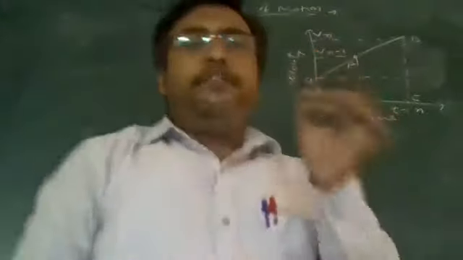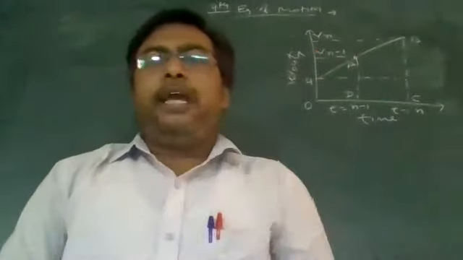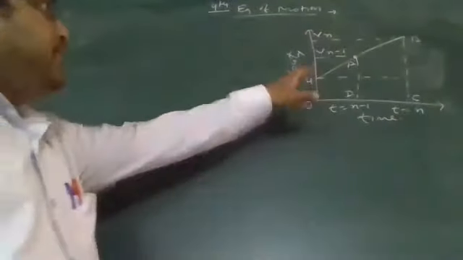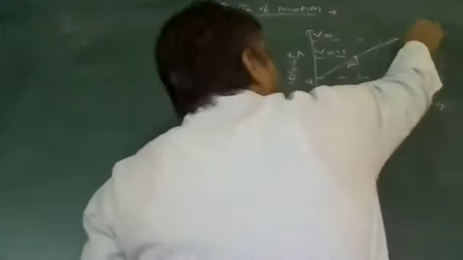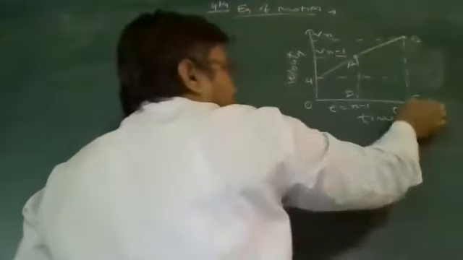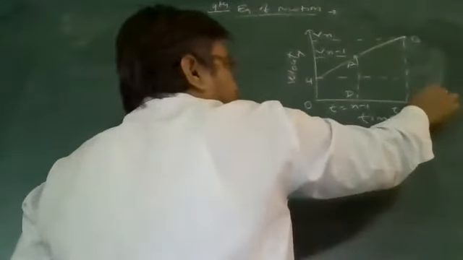I am explaining the graph again. See, I want to develop the fourth equation of motion, so I plotted a velocity-time graph. In this VT graph, initial velocity is U. Initial velocity is not zero. This motion has uniform acceleration. The object is uniformly accelerated from here. On this graph, I take 2 points, point A and point B. Corresponding to these 2 points, I go to the time axis. On the time axis, for point B the time is point C, and for point A it is D.